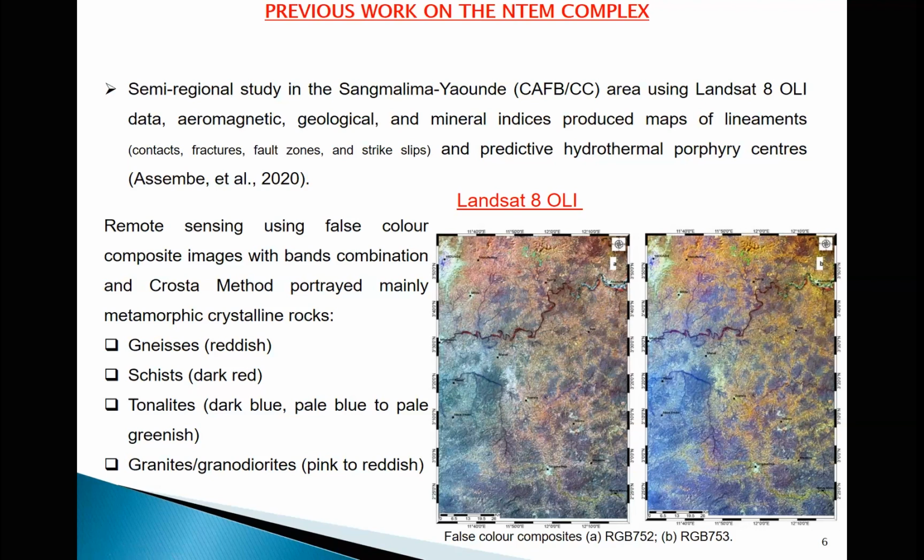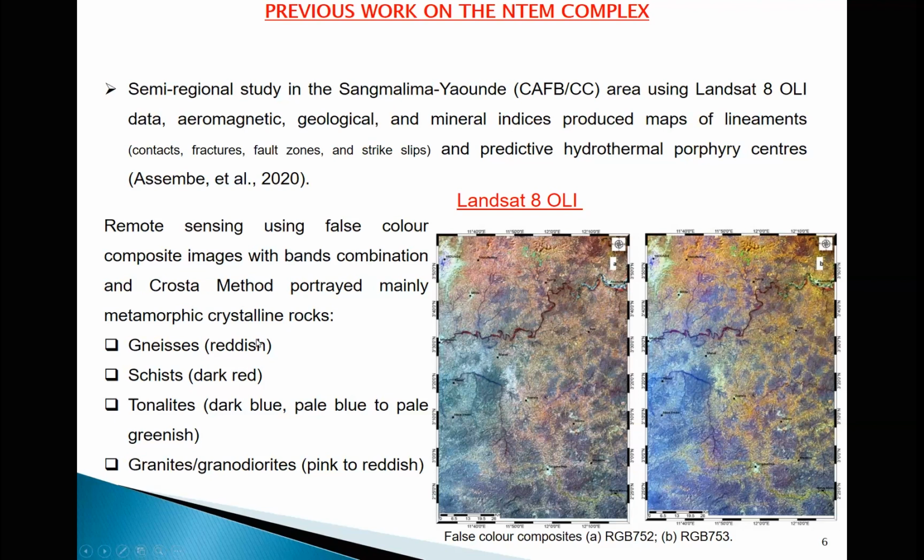What they did in 2020 was to use Landsat 8 images and some aeromagnetic images, including geological and mineral indices maps as well, to determine the lineaments, including fractures, fault zones, and other contacts, and to determine areas of mineral occurrences, predictive hydrothermal porphyry centers, as they call them particularly. So if we see the 2 images on our right, the Landsat images that they used,